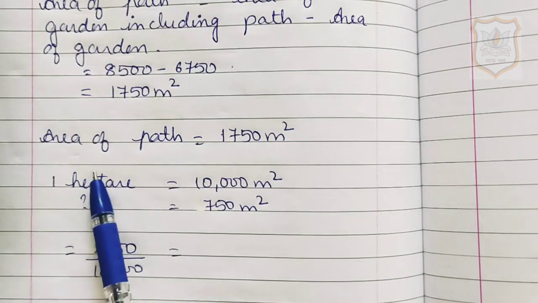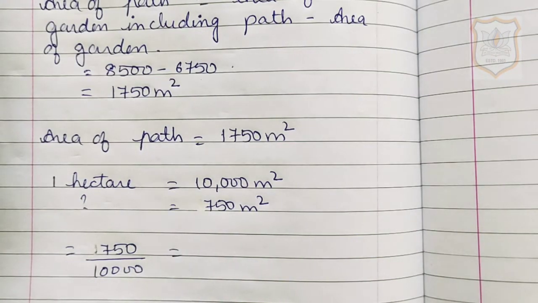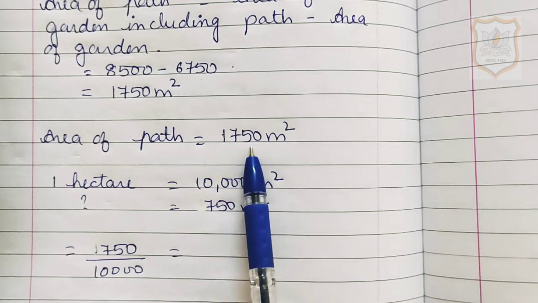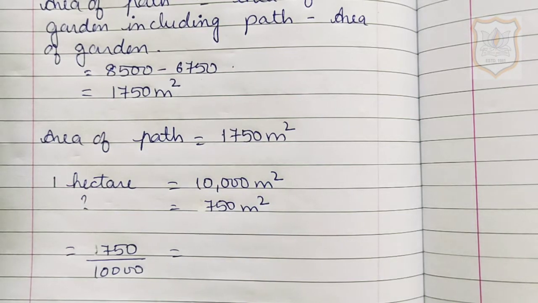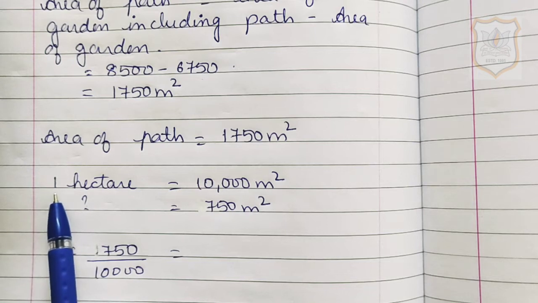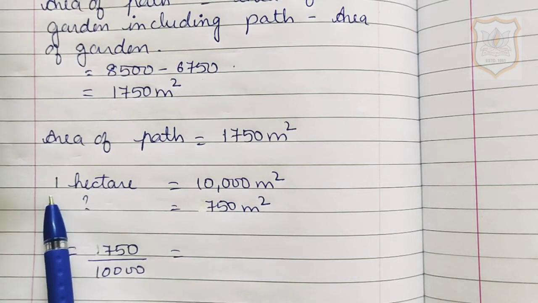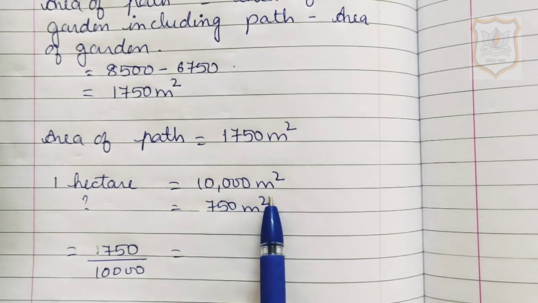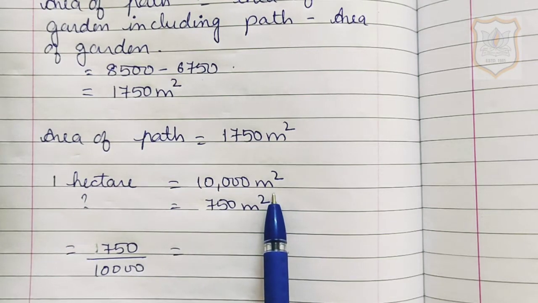So students, the area of path is equal to 1750 meter square. Now students, it was asked in the question to find out the area of the garden in hectare. Now we have to convert the area of the garden in hectares. So according to the rules of conversion of units, 1 hectare is equal to 10,000 meter square and area of garden was